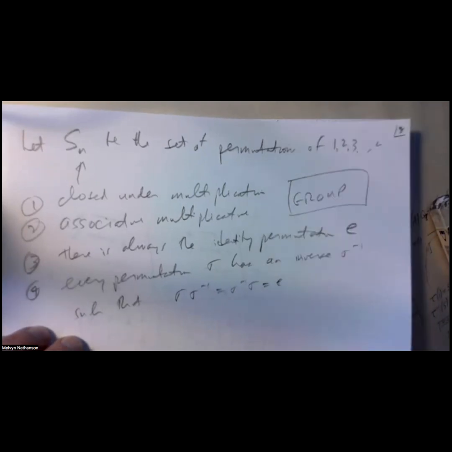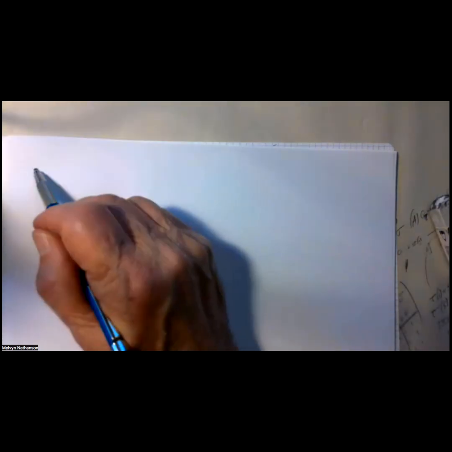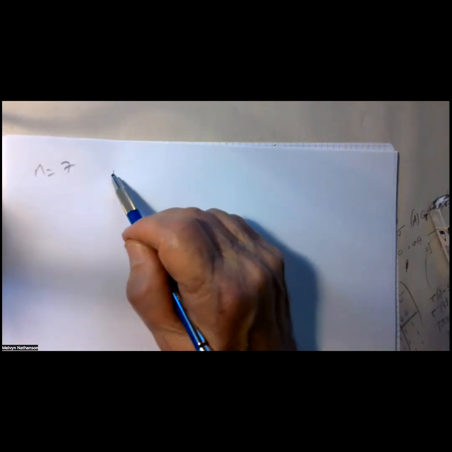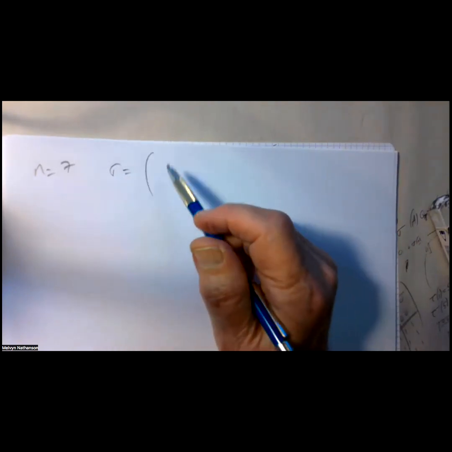And that really is something to keep in mind. Now, some permutations have a very pretty property. For example, suppose we take n equal to 7 and consider the permutation sigma, which is